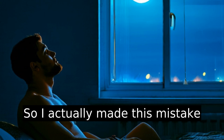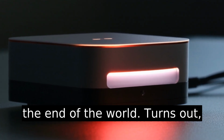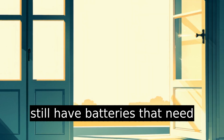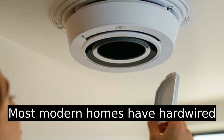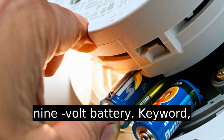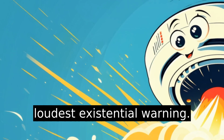So I actually made this mistake myself once. My hardwired smoke detectors started beeping at 3 a.m., like they were announcing the end of the world. Turns out, yes, they're hardwired, but they still have batteries that need changing. The first thing you want to do is identify the type. Most modern homes have hardwired smoke detectors with a backup 9-volt battery. Keyword, backup. That battery dies, and suddenly it's like your house is trying to win an award for loudest existential